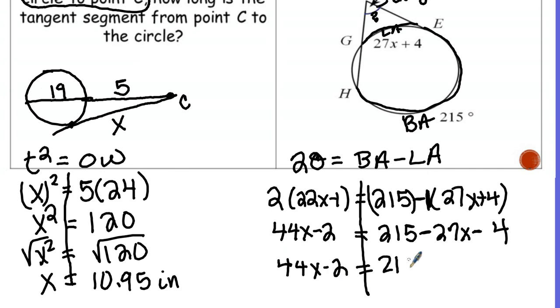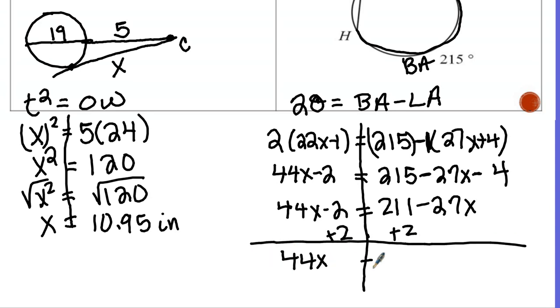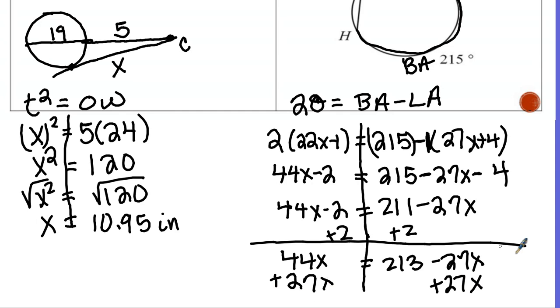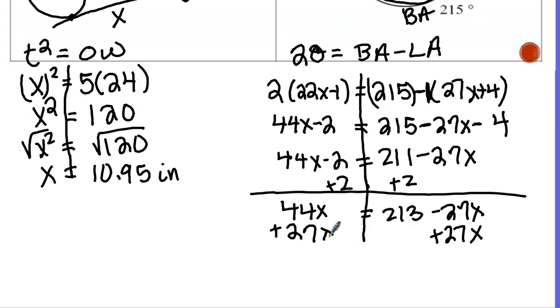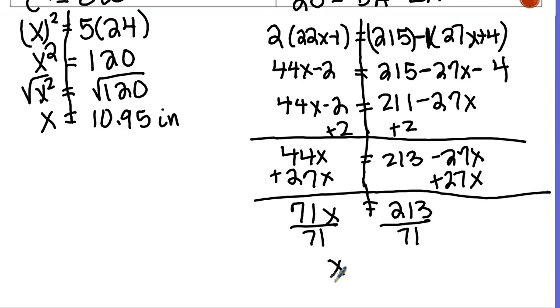So 211 minus 27x. And now I'm going to put my constants on the left side of my line and my variables on the other side. So 44x equals 213 minus 27x. Then I'm going to add the 27x because it goes on the other side. 44 plus 27 is 71, so 71x equals 213. Divide by 71, divide by 71, x equals